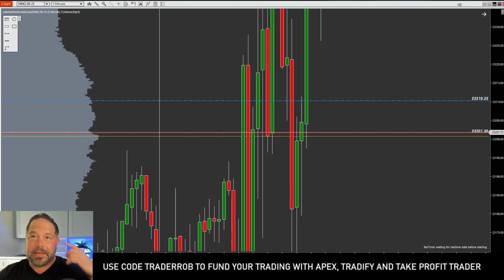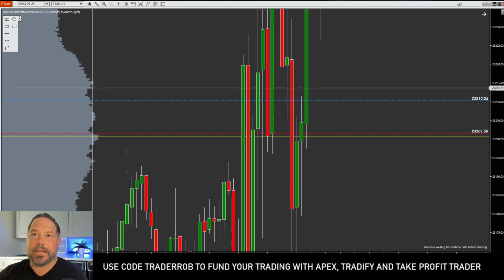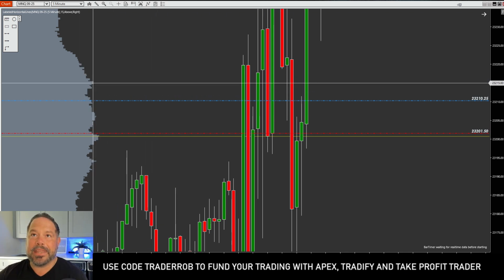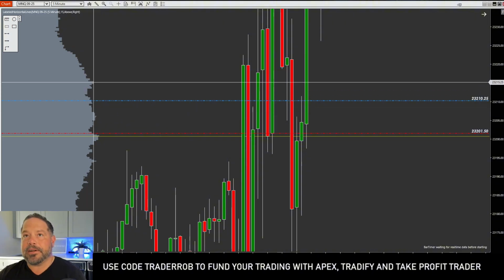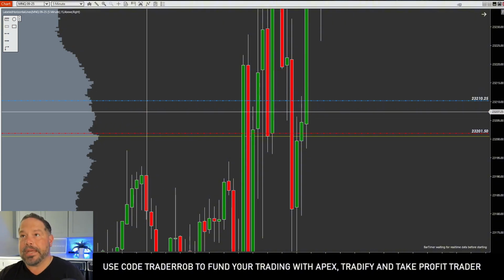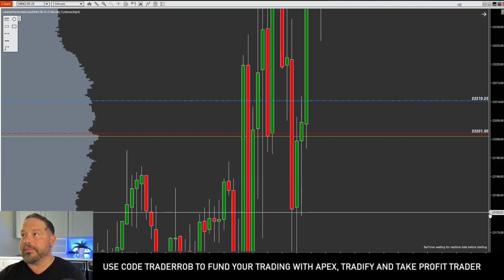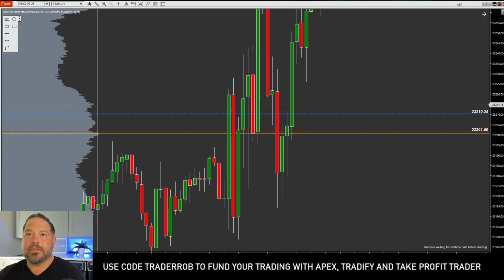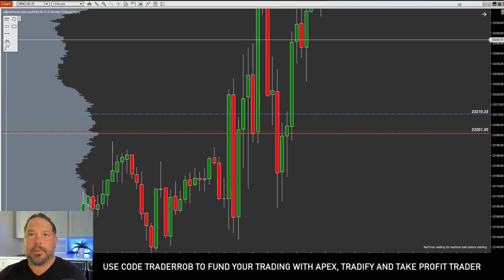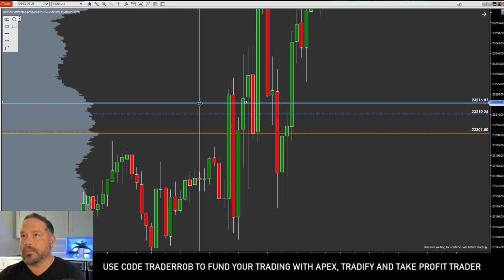What I was thinking in my head was volume would want to come right back and tap into this area to balance out the volume right here. So this is where I'm thinking the market has a relatively easy time to get into my take profit one. And my take profit one for that trade was at